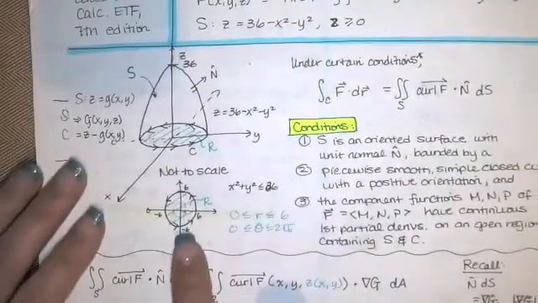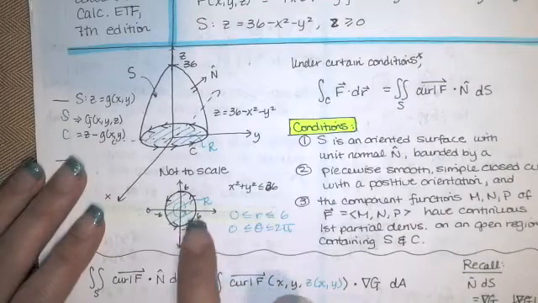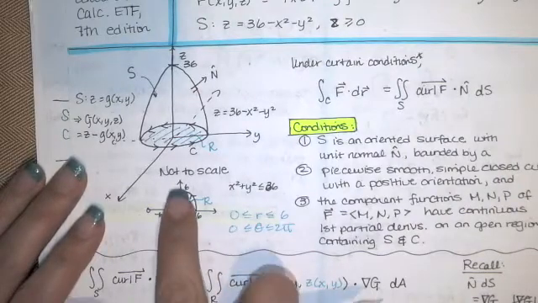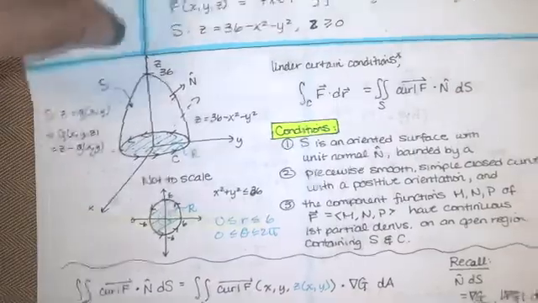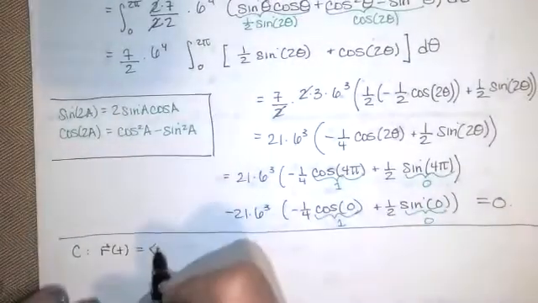So I'm looking at this circle. It's a circle of radius 6. X goes from -6 to 6. Y goes from -6 to 6. It looks like the unit circle. It's just 6 times larger. Since that's the case,